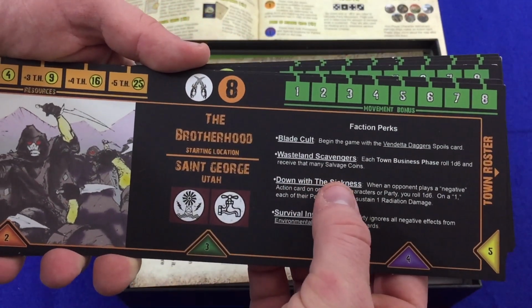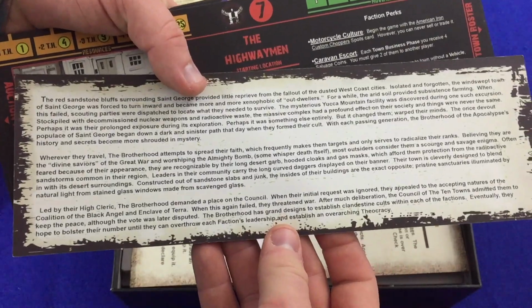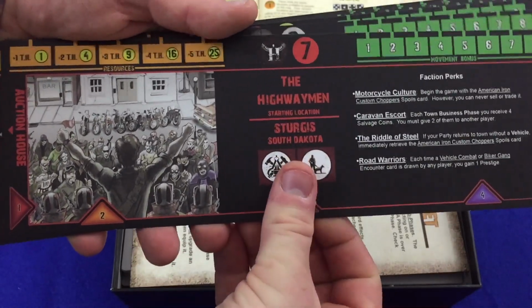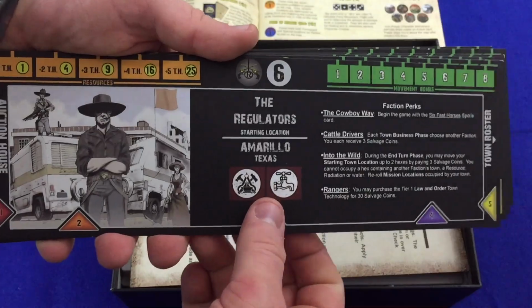The Blade Cult, Wasteland Scavengers, Down with the Sickness, Survival Instincts, Turn. Oh man, you get this whole story back here too. All right, so let's see. We've got the Brotherhood, the Highwaymen in Sturgis, South Dakota, the Regulators in Amarillo, Texas,